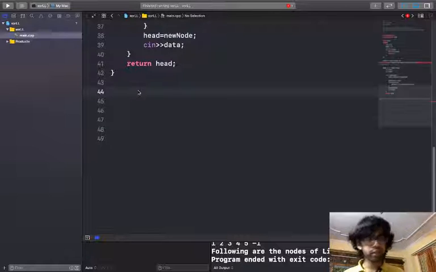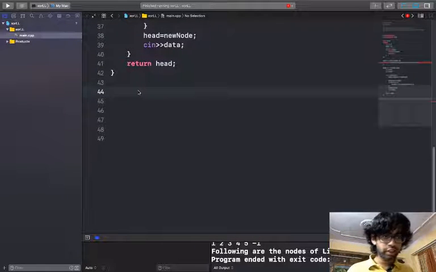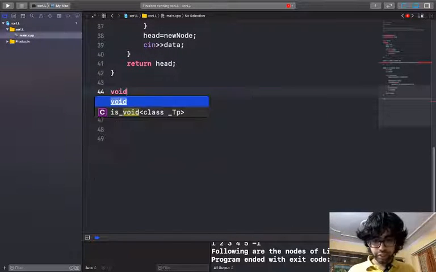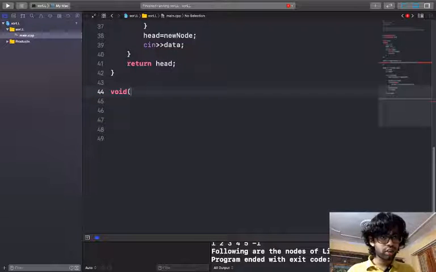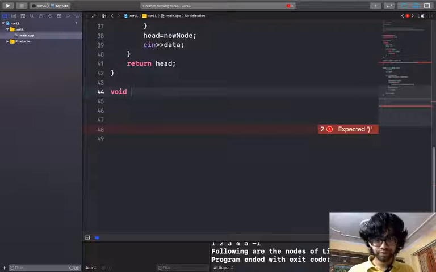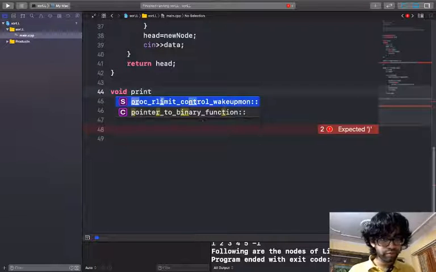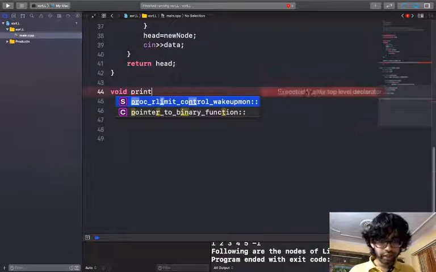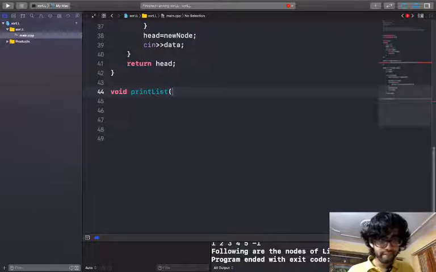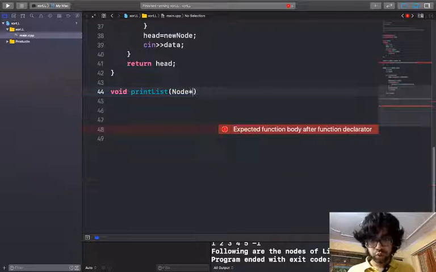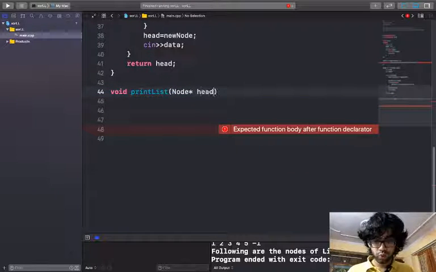So now let's make another function, which is the print function. Void print list. It expects a value head, and it will print till it reaches the end of the list.